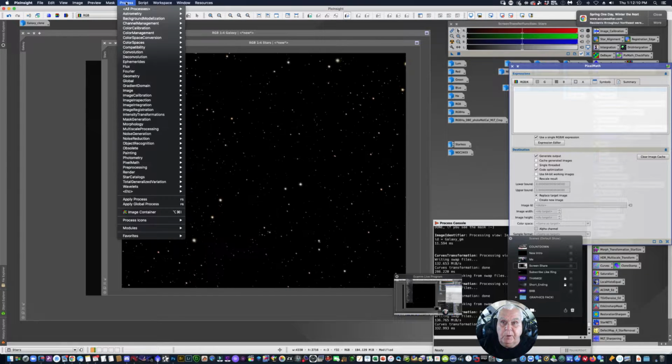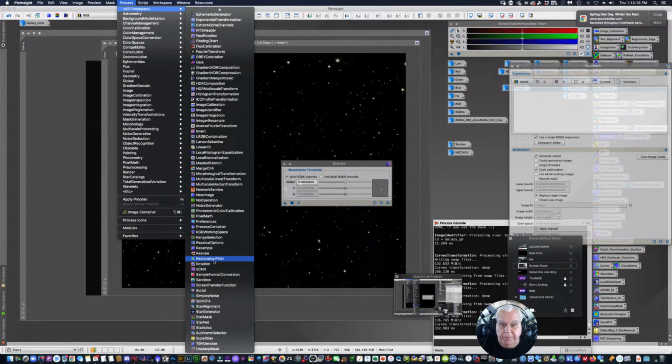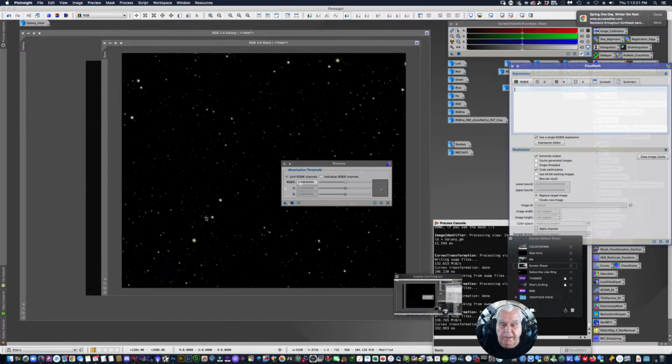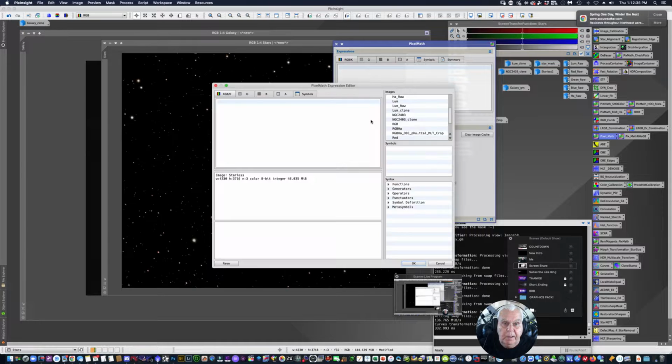You can find that under Process, All Processes, and if I can keep the mouse from losing me, and go down to Pixel Math, and it's already open, and I'm going to click RGB, and I want to check use a single expression, and I'm going to add stars plus galaxy, and